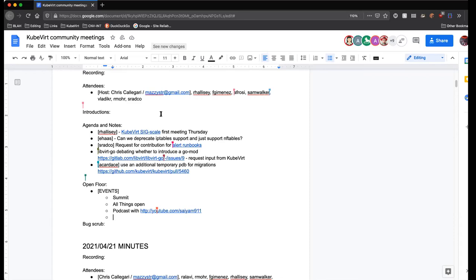But I think the current state is that we do support both in the code, and that's pretty problematic, because we are adding things all the time. Recently it was the integration with Istio, and later we'll have to add the MAC spoofing stuff. Anytime we add something, we have to support both, in nftables format and in iptables format. So the question is, if we cannot deprecate now, how can we plan so we will declare deprecation in the future?